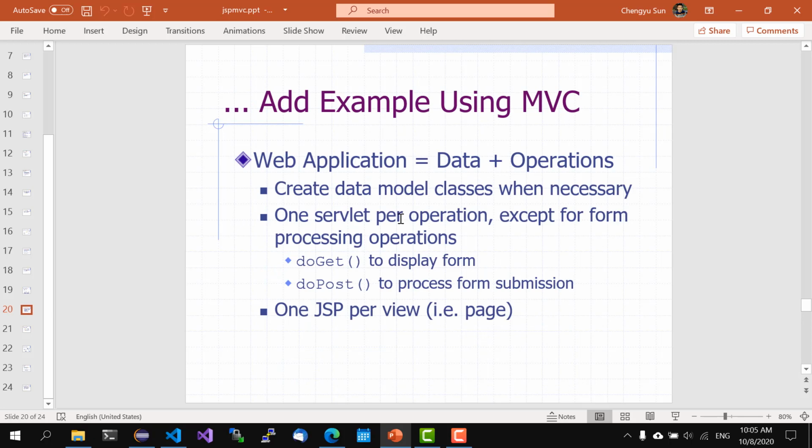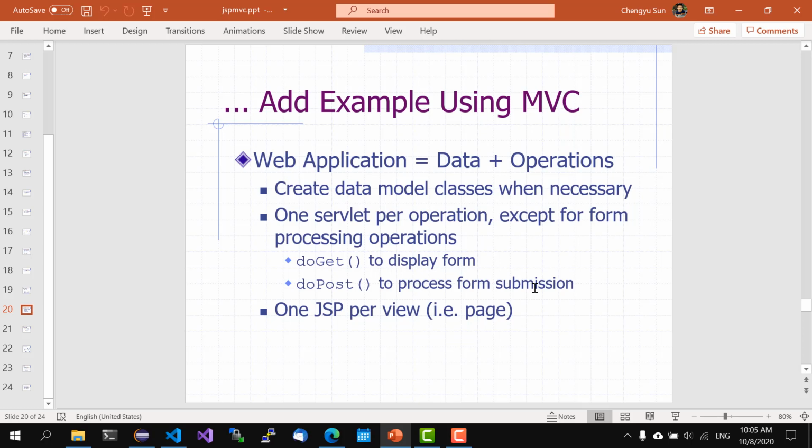After data models, we need to identify operations we need to implement. The rule of thumb is we want to use 1 servlet per operation, with the exception that if there's a form involved, we usually use 1 servlet for 2 operations, doGet to display the form and doPost to